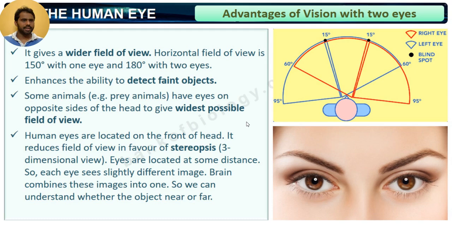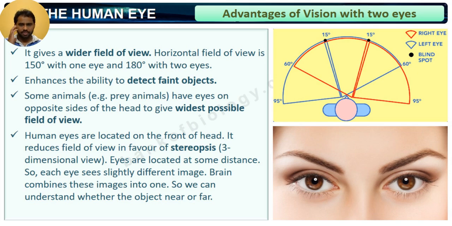Now let us move ahead to the advantages of vision with two eyes. When we have two eyes, it gives a wider field of view. The horizontal field of view is 150 degrees with one eye, and 180 degrees with two eyes. It enhances the ability to detect faint objects. Some animals have eyes on opposite sides of the head to give the widest possible field of view. Human eyes are located on the front of the head. It reduces the field of view in favor of